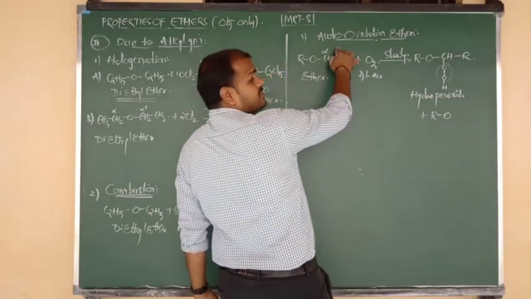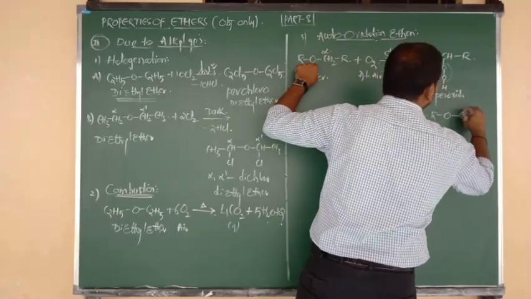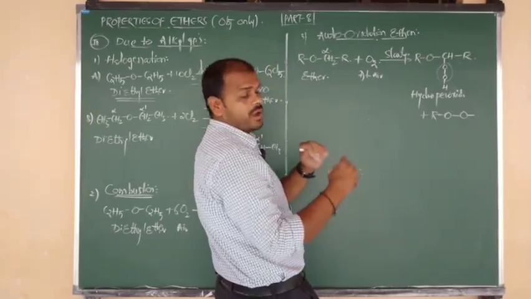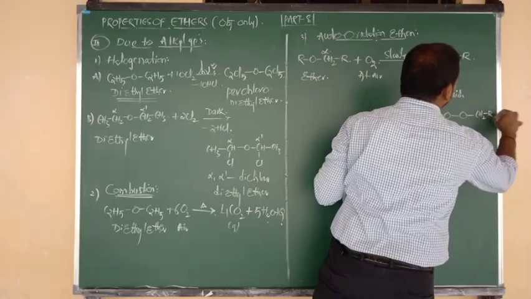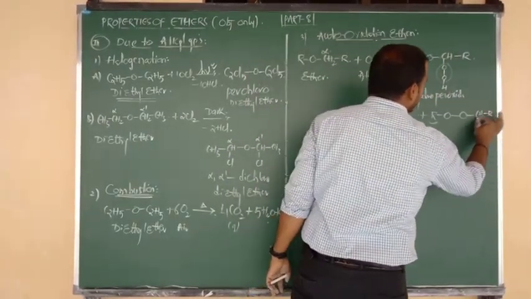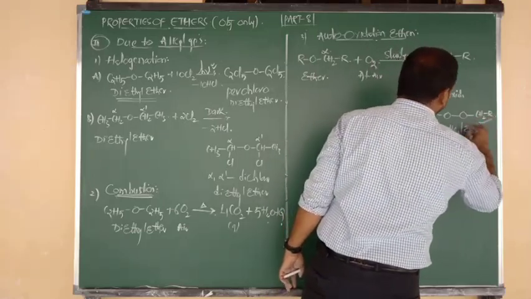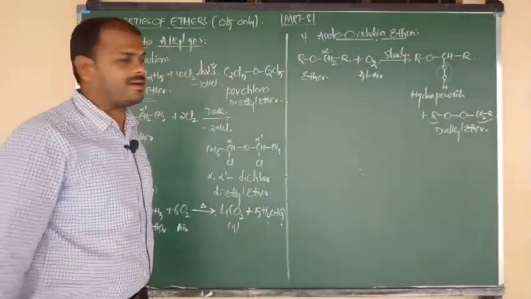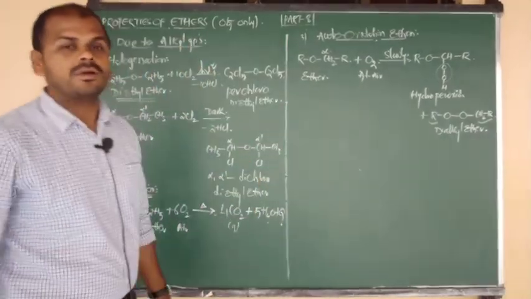Here insertion of free oxygen will take place, now into that ethereal form. So it already contains one oxygen. Now we are going to insert another oxygen, because here they are undergoing auto oxidation or self oxidation. Now it is connected to a CH2 group and CH2 bonded to R. So what is the name of this product here? Left side one alkyl group is there, right side another alkyl group is there. Simply we can say dialkyl ether. What is the name of this product, beta? Dialkyl ether. Good.